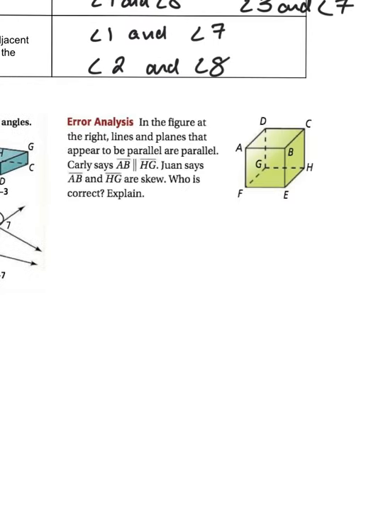All right, in the last example, here we have a figure that looks like a cube, and it says, in the figure at the right, lines and planes that appear to be parallel are parallel. We have two students, Carly and Juan, and we want to see who's correct. Carly says that lines AB and HG are parallel, but Juan says that they are skew. Now, who's correct? Remember, parallel lines are lines that never intersect and lie on the same plane. Well, here, Carly is correct